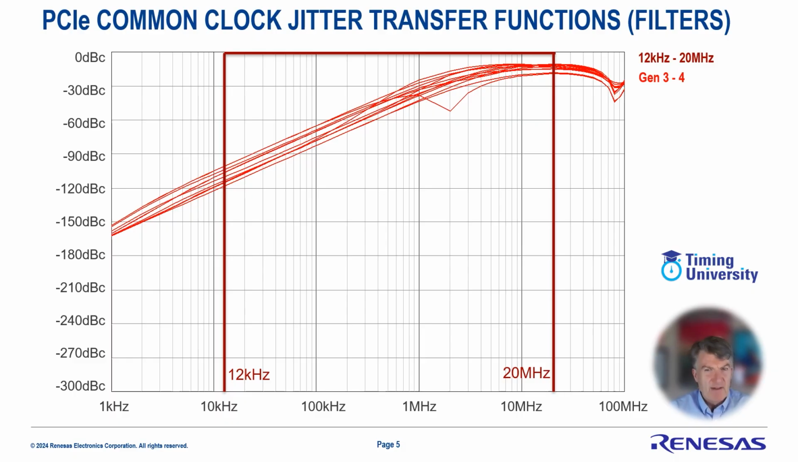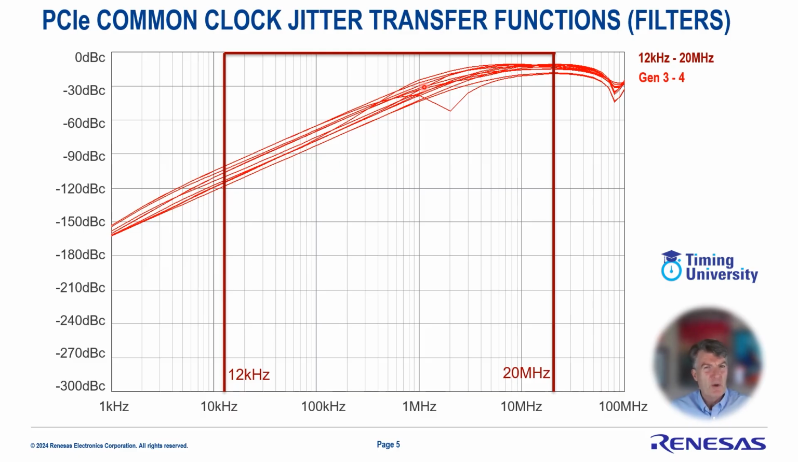In red here we have the PCI Express Gen 3 and 4 common clock filters. There are 64 different ones hiding out in that blob of lines. And you can see that essentially from 1 megahertz and below, there is an attenuation of any input phase noise that would be occurring in those frequency ranges. From 1 megahertz and above, there is still an attenuation, but it is at a much less attenuation than below